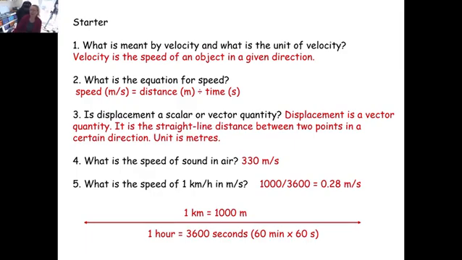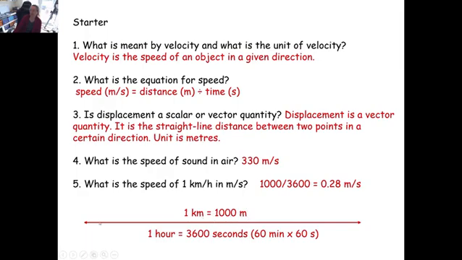Everything there is fairly straightforward. The last question here is an interesting one. Sometimes you need to convert units. So if you were travelling at a speed of 1 kilometre per hour, if we imagine that is our journey, the distance we've covered is 1 kilometre in an hour. Now if we've covered 1 kilometre, it means we have covered 1,000 metres, because there are 1,000 metres in a